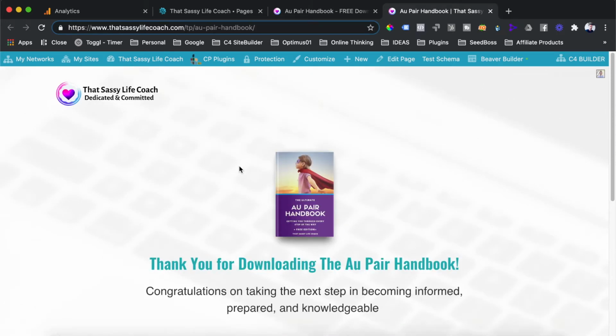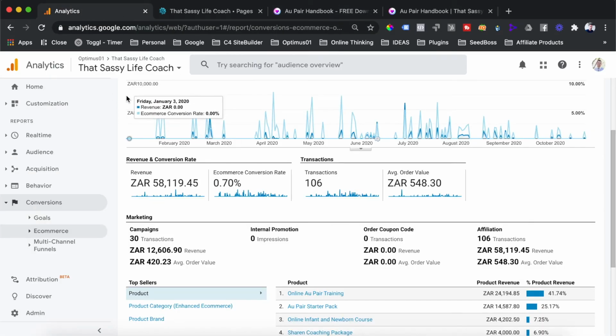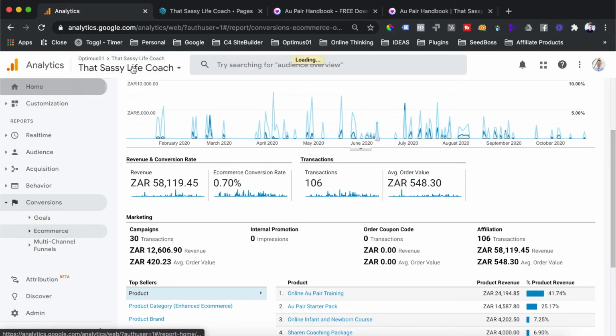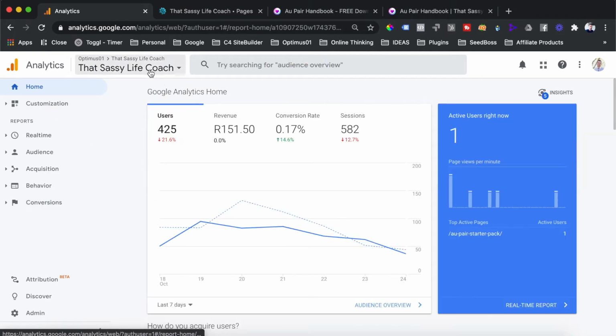Once you have those two pages set up, I would recommend keeping them open in your browser so we have the URLs available to us. We're then going to head over to the analytics account for this website. Once you're in the analytics account for the website you want to track your goal conversions on, you're just going